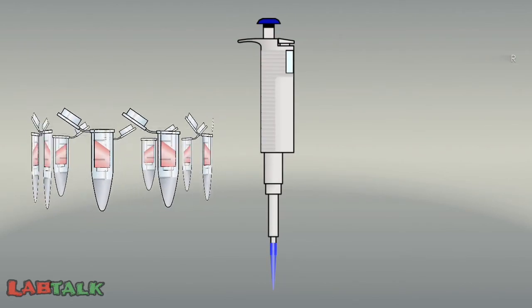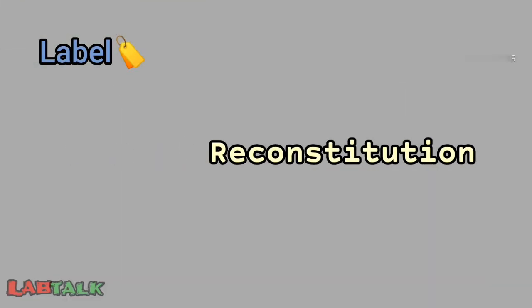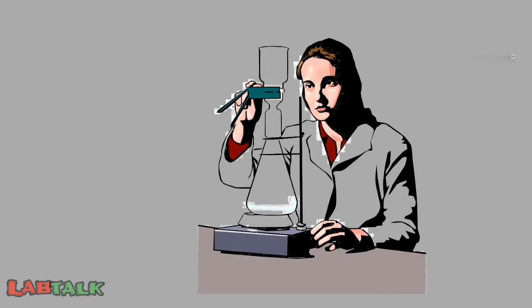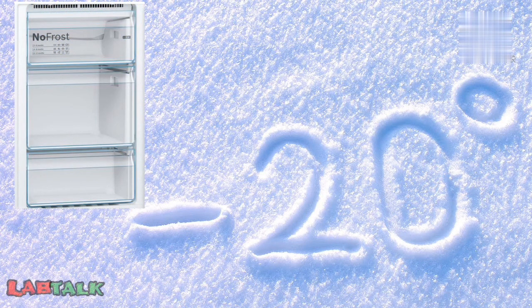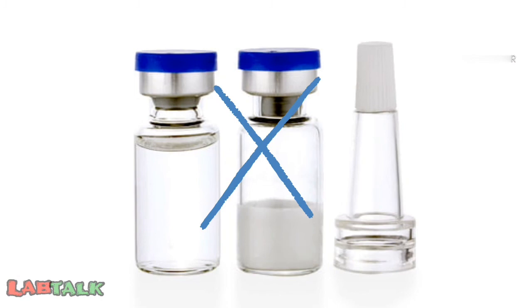Using a micropipette, allocate the required volume of reconstituted material into a tube. Label each of these small tubes with the date of reconstitution, date of expiry, lot number of the material, and if possible the initials of the technician who has reconstituted the QC material. Store each of these aliquots at -20°C in a frost-free freezer. Be sure to check the kit insert for frozen stability claims. Frequent thawing and freezing of aliquots should be avoided.